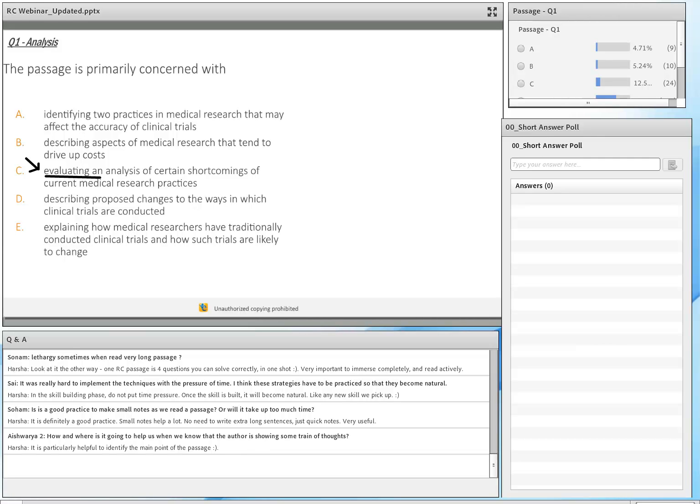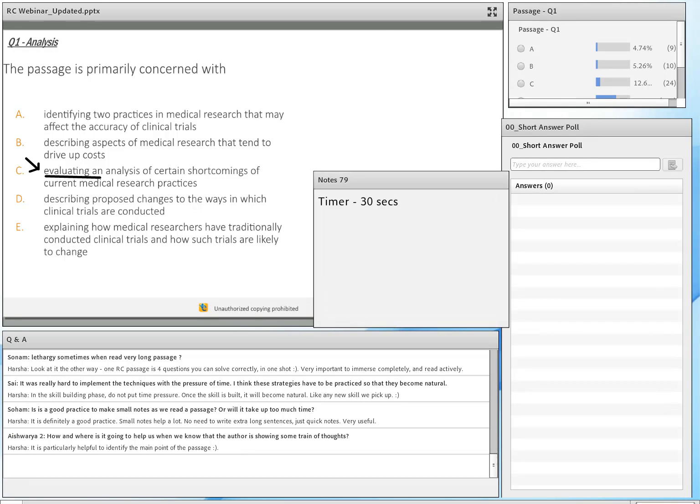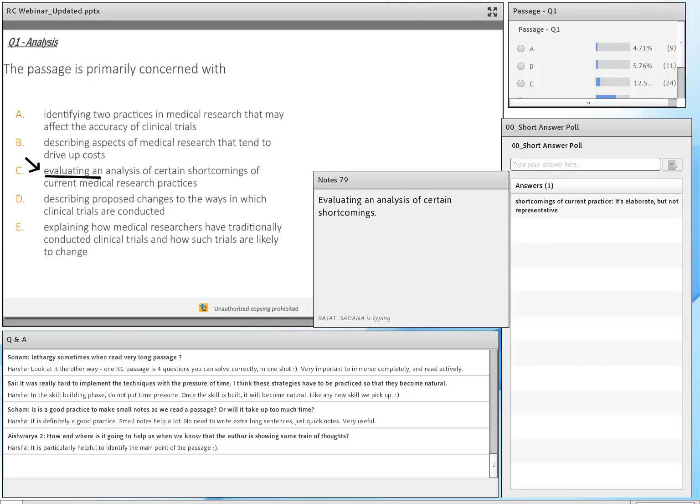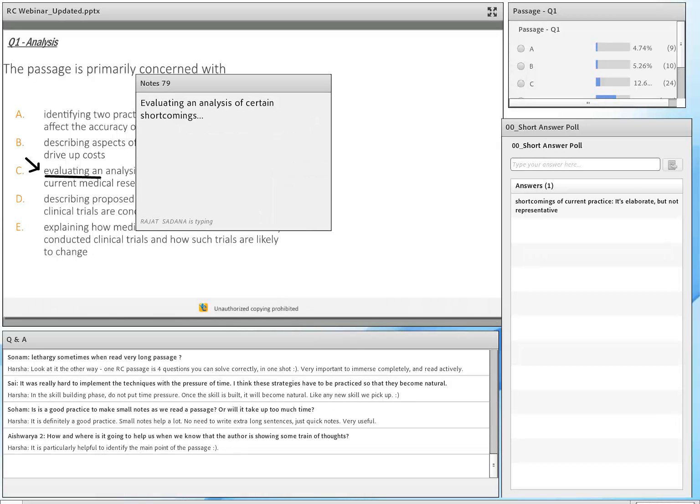Let me just do this. Evaluating and analysis of certain shortcomings. Okay. Let me kind of get there. Evaluating and analysis of certain shortcomings. This is a classical case. If you're confused over here, you didn't understand this. So what this means is, hey, that there is an analysis